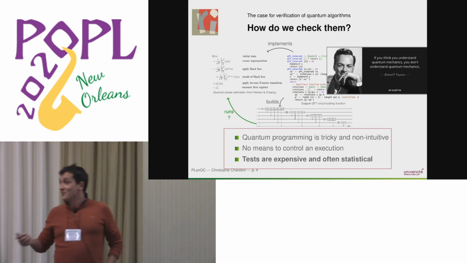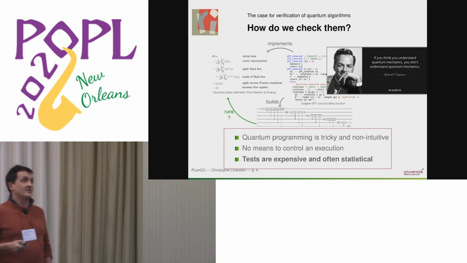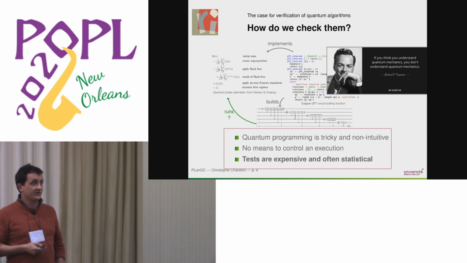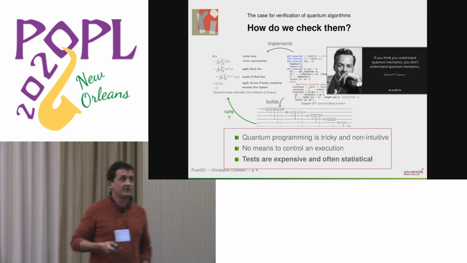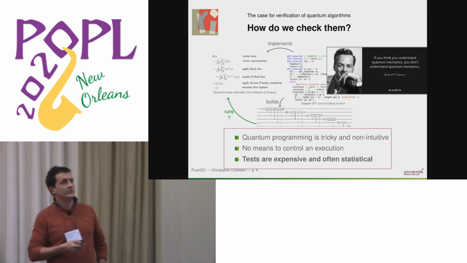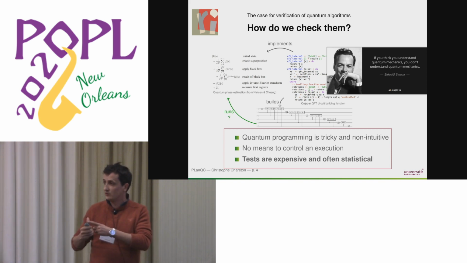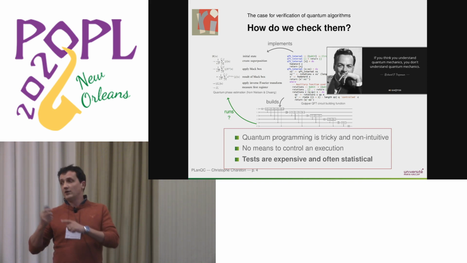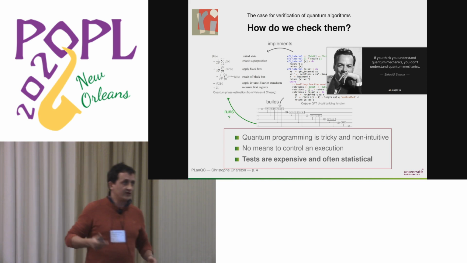So the question is very common in computer science, but it is a bit particular in the context of quantum computing for several reasons. It has been evoked also this morning. Maybe the first thing is that quantum programming is particularly tricky and unintuitive, and I put this warning from Richard Feynman, saying that if you think you understand something there, it means you didn't understand anything. I don't know if you can read the quote, but this is what it is saying. So the first reason is that one has to be careful about one's intuition of what the program does, and there are two other reasons that are more objective and more directly linked with the very nature of quantum computing.